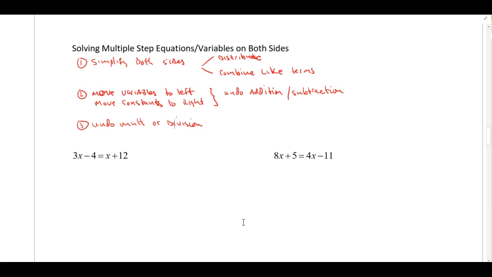Okay, so the next group of problems is solving multiple step equations or equations with variables on both sides, right? You can have all of this. So this is like the hardest of the hardest that you're going to have to do. Okay, so looking at this,